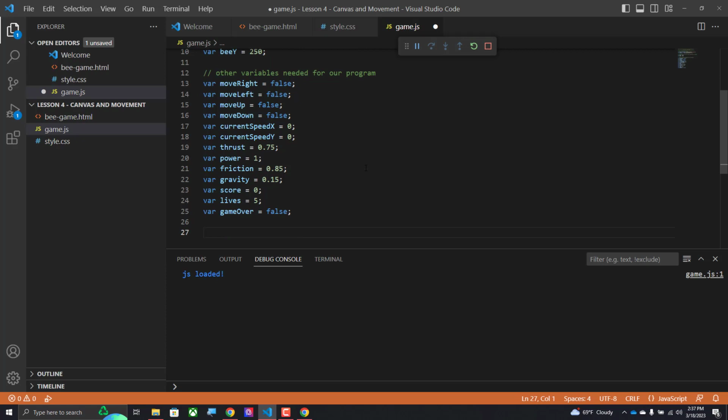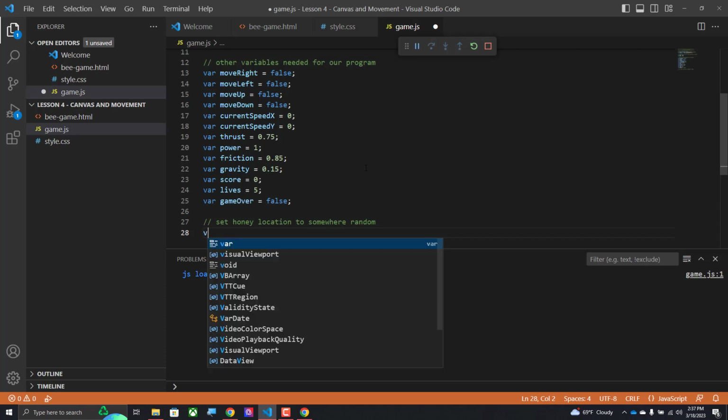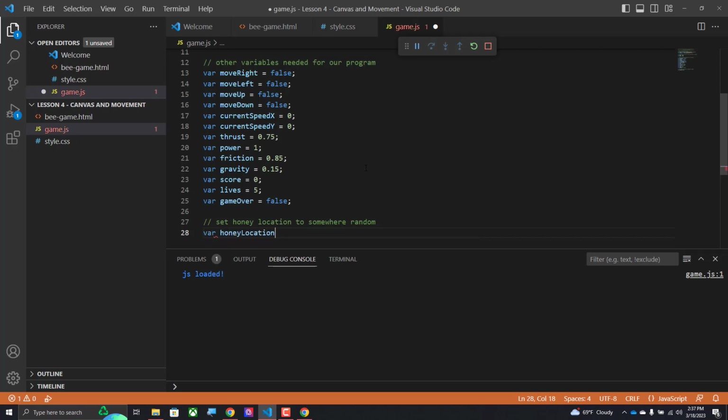The next thing is make a comment, set honey location to somewhere random. So this next line is going to set our honey location. I just put a comment there that the computer's going to ignore, but it's a note for us. And here I'm just going to write var honey location. That's what we call it. Honey location x is equal to, and we're going to type in math.random, open close parentheses, and then asterisk, and then open a parentheses, 800